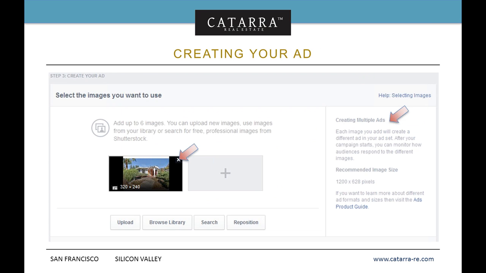That said, if you upload all 4 to 6 right off the bat to create this one ad, it'll rotate through all those 4 to 6 images each week. It will figure out which one has the most effective response rate, and then it'll just keep using that one ad. Again, if you want to have control, which is what I do, I upload one image right here, and then I'll create another duplicate ad, and then I'll turn one ad off and put another ad on. So I control it manually rather than letting Facebook do its thing. When you do it manually, you tend to get better budget control and a better response rate.